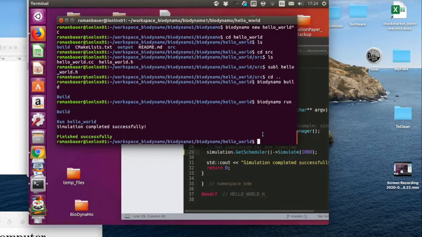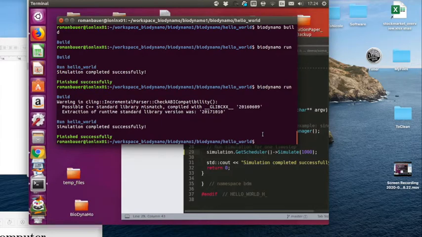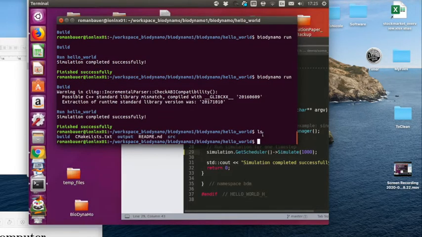Anyway, now if we do the same thing again, we can directly build and run it by just typing in biodynamo run. We also see some warnings in this case. From what I know, this is just because of some compatibility issues with this specific Ubuntu version, but this is not really a problem. It will not change the outcome of the simulations. You have seen that it took a bit longer than before, but otherwise there is no difference. I think this should be a good first step towards understanding the structure of your own projects within BioDynaMo,